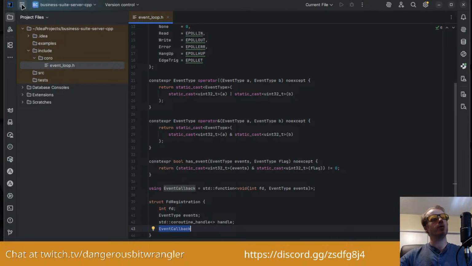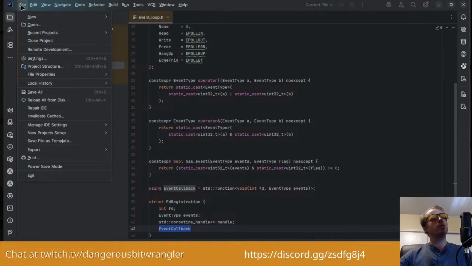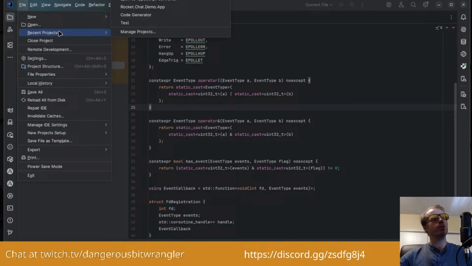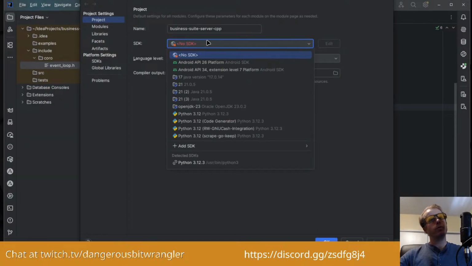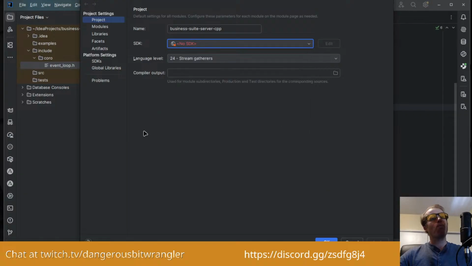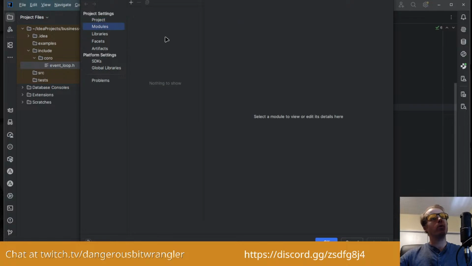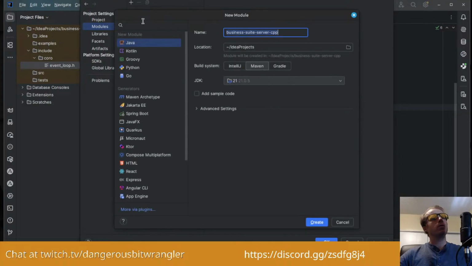I wonder if I can fix this project. This sucks. Let me try and configure this project so it understands this is a C++ project. It might not. Okay, there's no SDK that I'm aware of. Probably need to do a module, and I'll make the